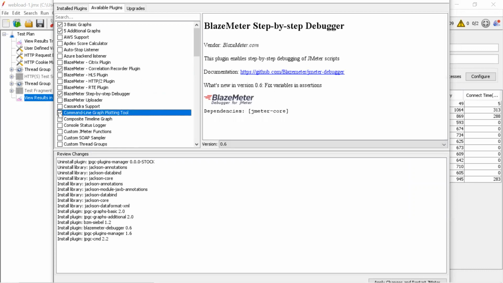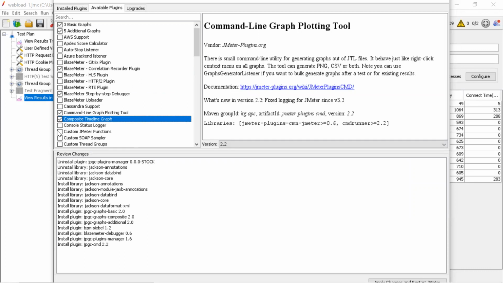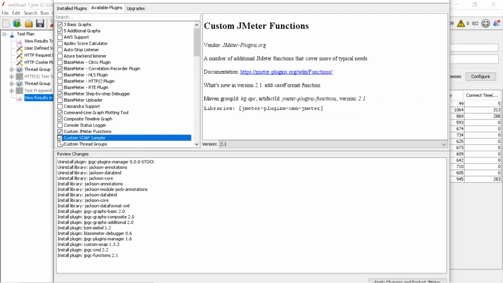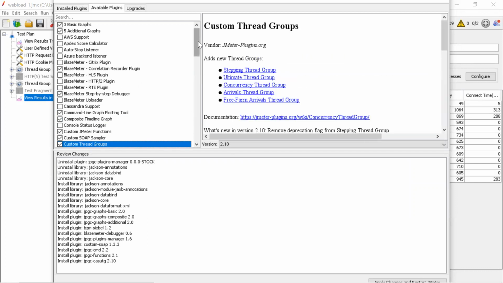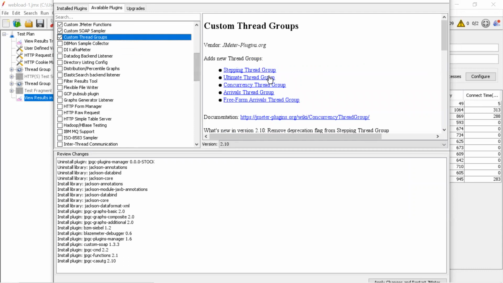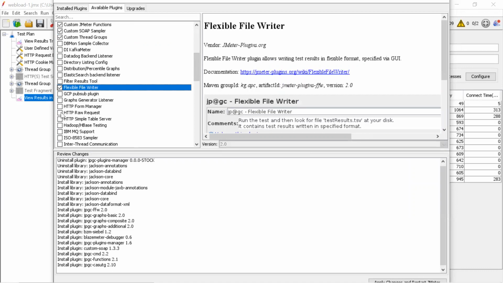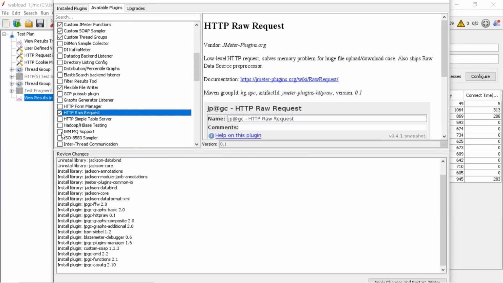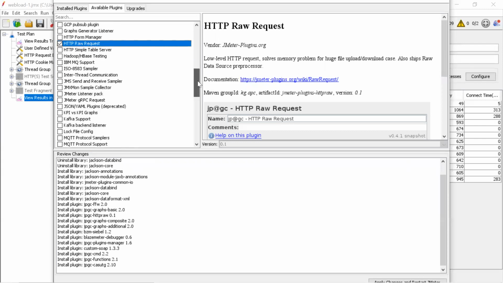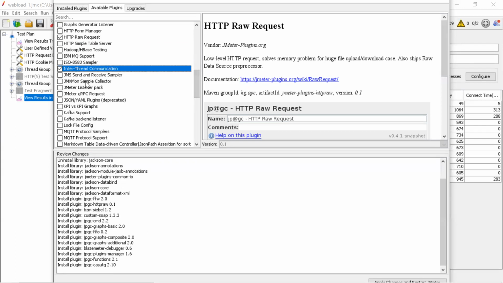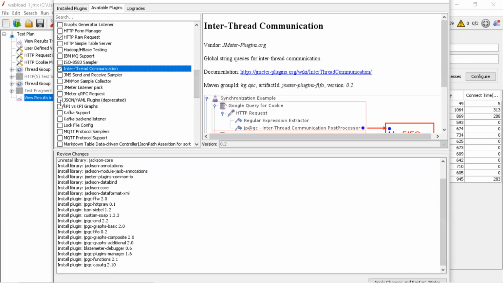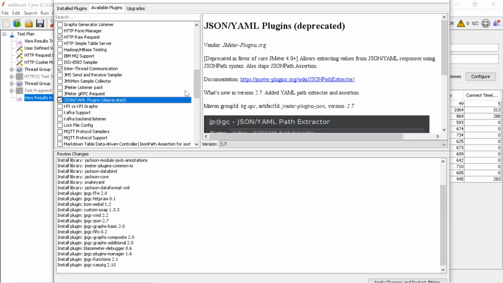I don't require Cassandra. JMeter functions, custom thread groups. See, all of the things are there. This is an important one. You can see all the important thread groups here. Whatever you feel is good, you can use it.